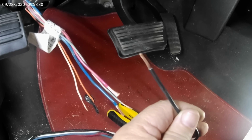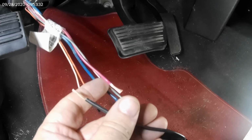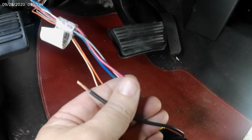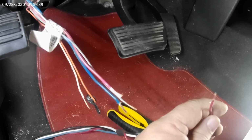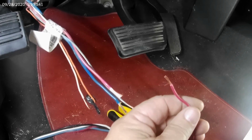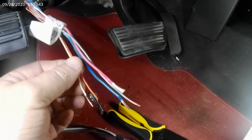Black is positive from the battery source. So that'll be going over here to the red with the black tracer. Positive from the battery source. Red is from the brake switch to the controller. That's going to come over to the blue,